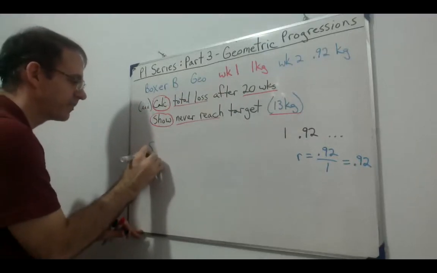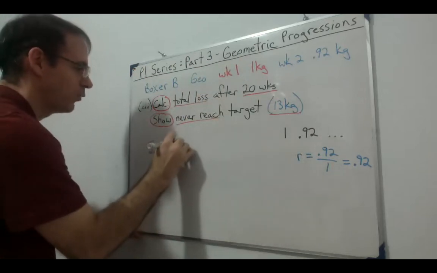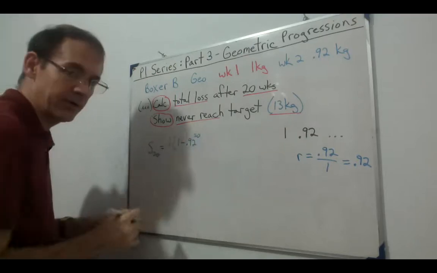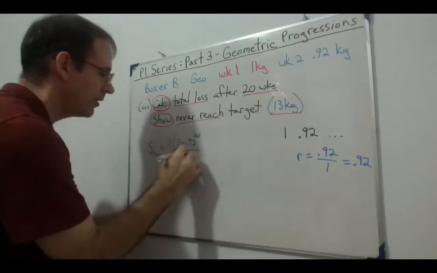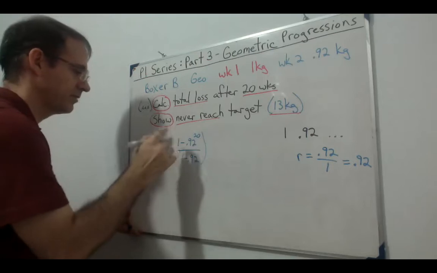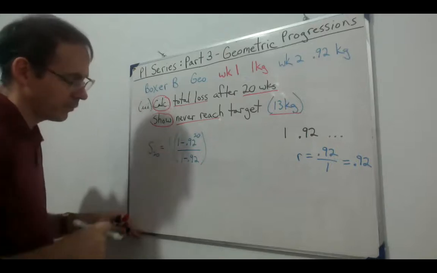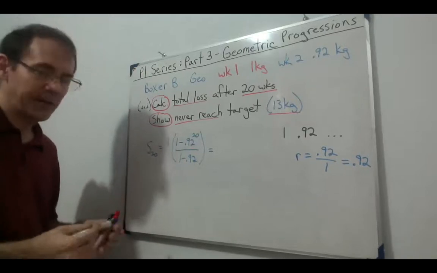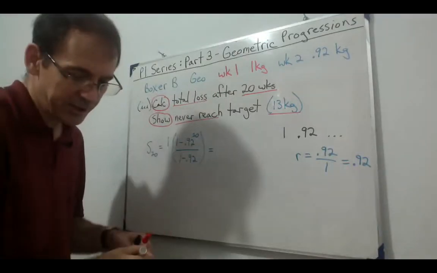So the sum for 20 is a1, which is 1, times 1 minus r to the 20th power. Remember, for summation, it's not n minus 1. It's just n, over 1 minus r. So we can make this a little bigger here. This, so a times 1 minus r to the n over 1 minus r. Now, because this is decimals and exponents, you might as well just go ahead and do that in your calculator. And when you do that in your calculator, you're going to get the answer